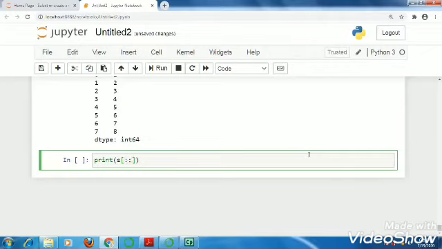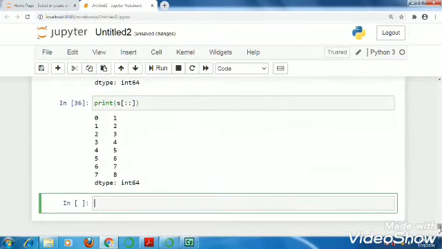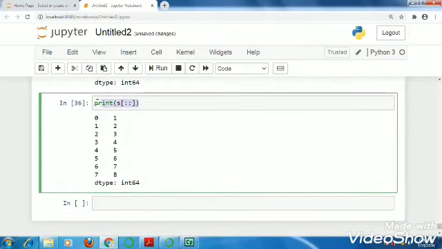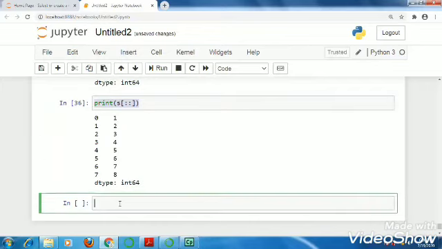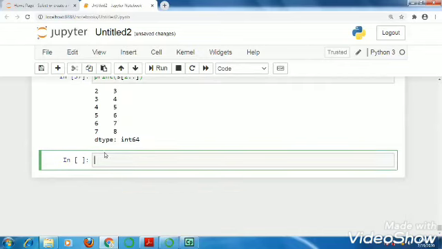I have written 2 colon signs here. If I print like this, it will display all the values, because I have skipped all the 3 parts: starting index, ending index and step. If I write start value as 2 and skip the ending value, it will start from 2 and give all the indexes.